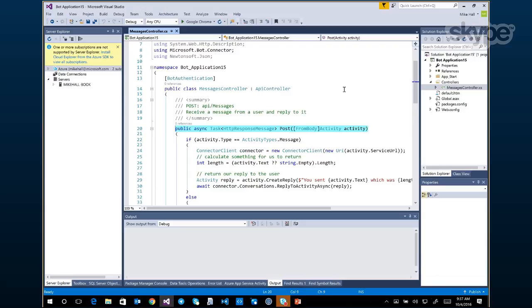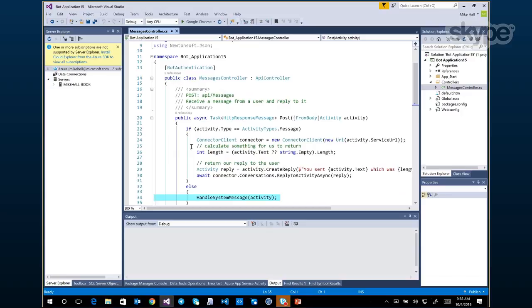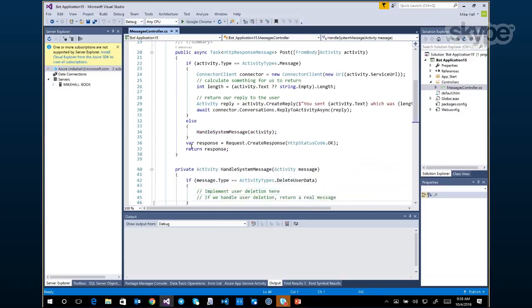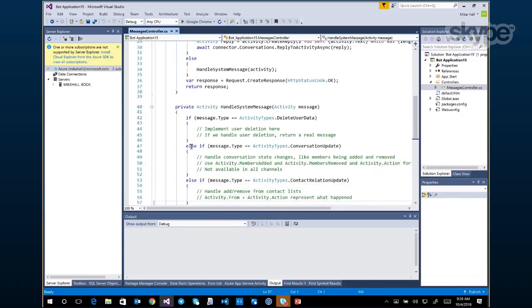And this could easily be the emulator, or in quotes, a real channel like Facebook or Telegram or something else. So the first thing that we're going to do is determine if the type of message that we received is a user message. In effect, there are two types of message: user message and system message. If it's a user message, we'll do something, which we'll come back to in a second. Otherwise, we call a function called handle system message. And the handle system message is part of the generated code as well.